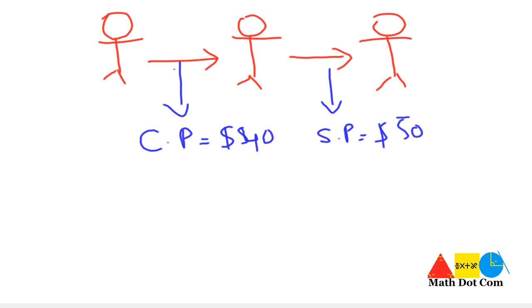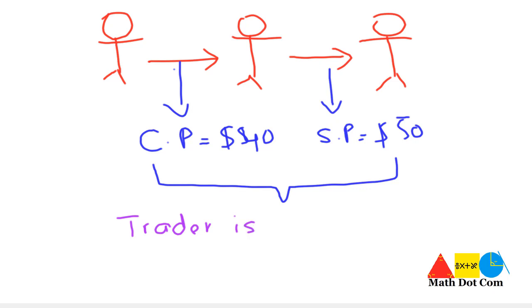Okay, now on the basis of these two, we will say whether the trader is on profit or loss. It means the profit or loss of a certain product will be calculated on the basis of cost price and sale price. Now keep these things in your mind, the cost price and sale price. And now we will see what is